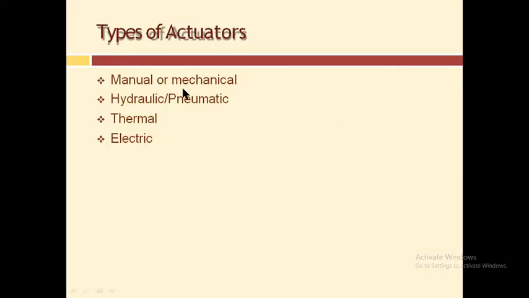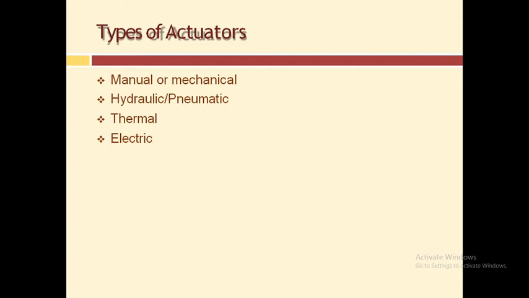I will show you another definition in the next slide, but here just focus on what an actuator is. An actuator is a device which actuates something or which produces motion or force, either in the form of torque, by using any other type of source of energy, which is either pneumatic, hydraulic, or electrical.